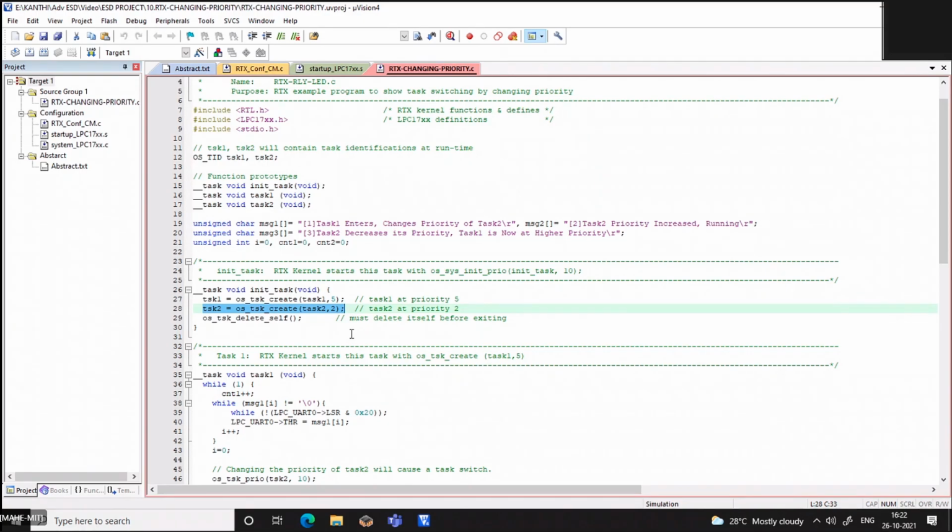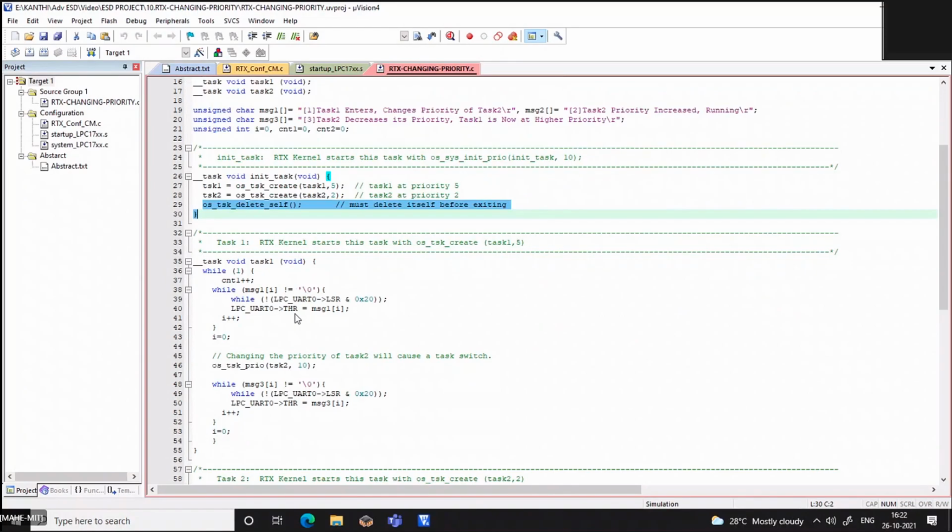Anyway, based on using that particular function, we are making it so that the other task also gets a chance for execution. Yeah, so now once I create these tasks, I'm deleting this function. Fine. So task 1 has the higher priority than task 2. Okay. So this is done in your initialization function.